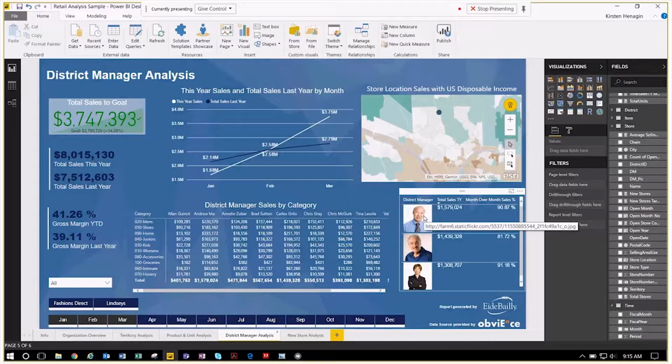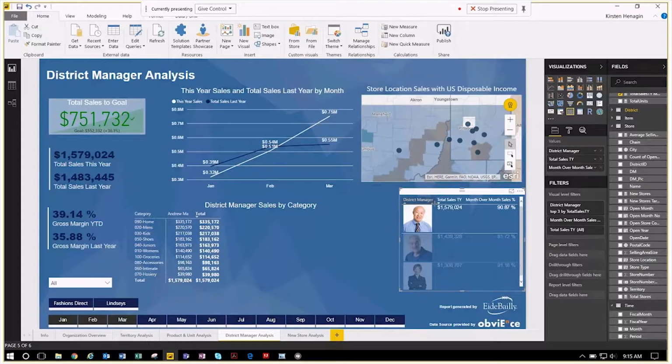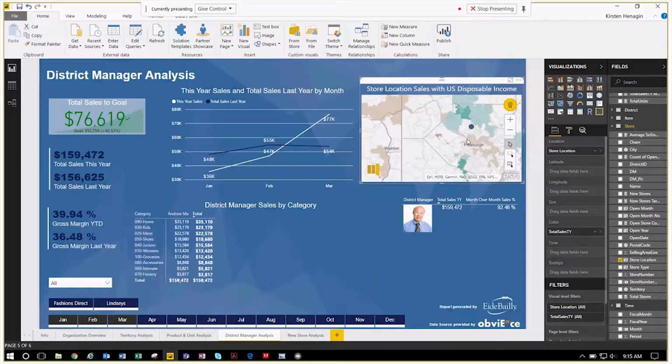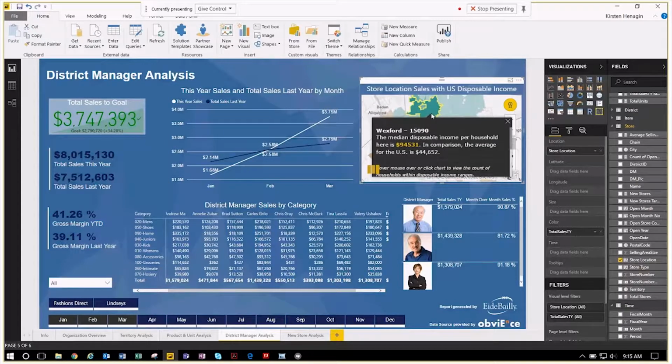If we were to select Andrew Ma, the leader for Q1, this map up here in the corner will filter to his store locations. So what if we were to select the Pittsburgh store and zoom on in? We can see that the colors around Pittsburgh are changing. If we were to select up here the Wexford area, the median disposable income per household is